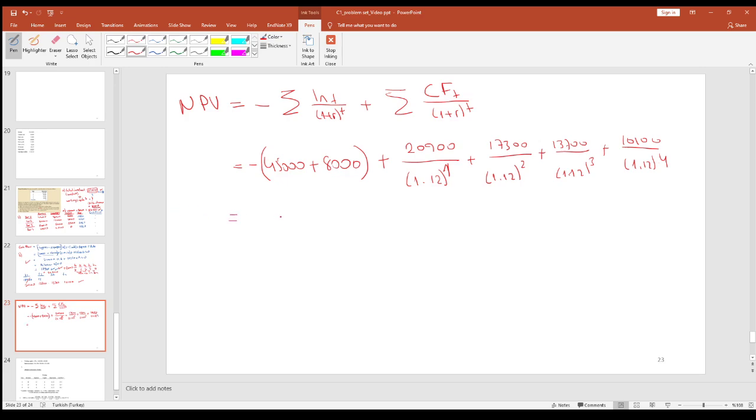And the result of this, ladies and gentlemen, should equal minus 4,377.71. Okay. All right. So which means this project is not a promising one. Net present value is negative, so it doesn't create additional value for this company. So we should reject this, the automatic result of this equation. Reject the project.